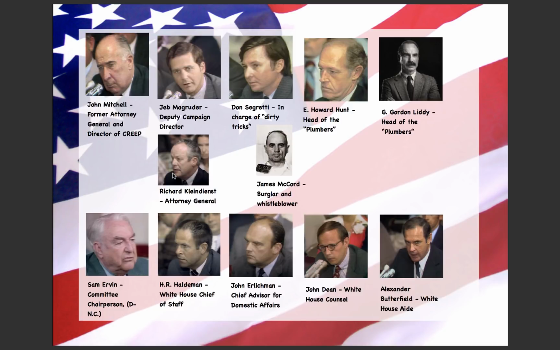Now they're starting to realize that there was at least a cover-up. Then in April, Haldeman, down here, and Ehrlichman, and the Attorney General, Richard Kleindienst, they all resigned. And then John Dean was fired. So now you're seeing huge turnover in the Nixon campaign. And Nixon gave a speech that night in April that he would personally investigate the matter, and that there should be no